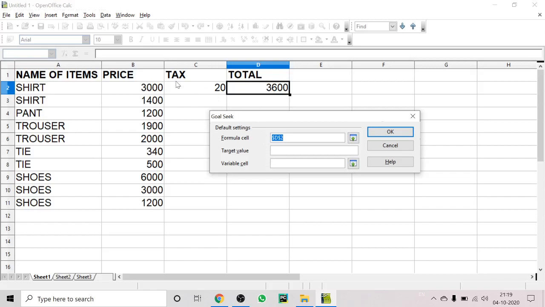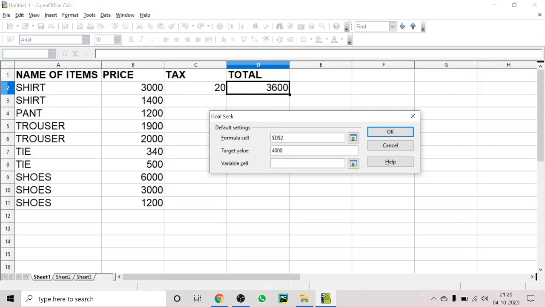Now what I want is to change the tax in such a way that the total becomes 4,000. Now please try to understand this. I am not going to change the price. The price remains the 3,000. I will only change the tax. Suppose you are selling an object at a particular price, and then you want to make changes so that the total becomes this. So where to change? See, you want to sell the product at 4,000 obviously, and you want to make changes,